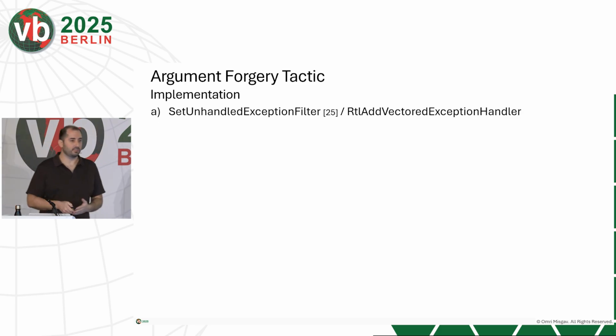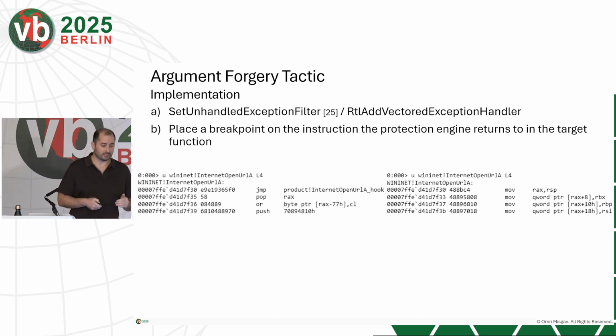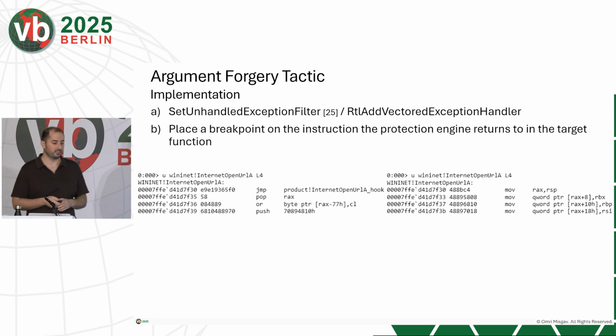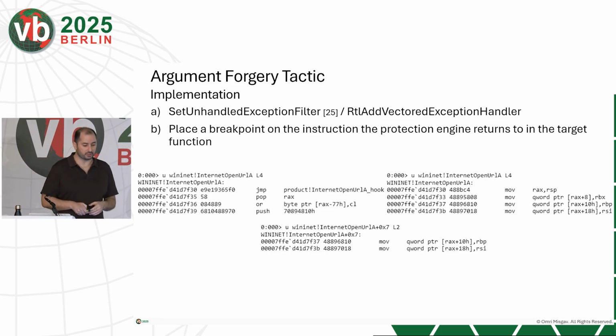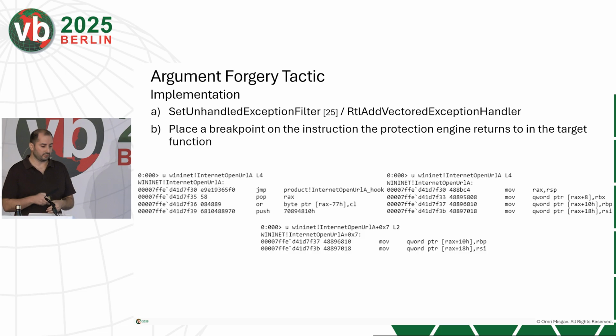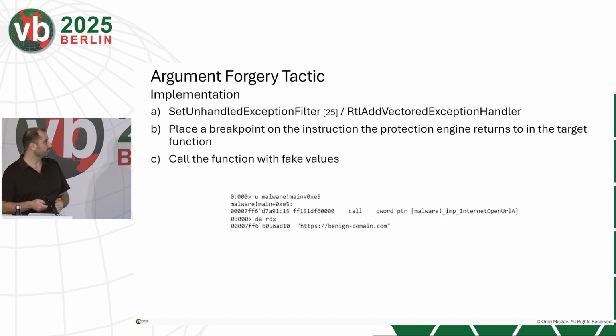So how is it implemented? If we look at the hardware breakpoints method, which is the reliable one, basically, after we set an exception handler, we try to understand as an attacker where the protection engine is going to return to. I put on the screen the hooked and original function instructions one next to the other. And we can see that at the +7 offset of the function is where the return and the original instructions continue. So once we look at that, we define the breakpoint on it,